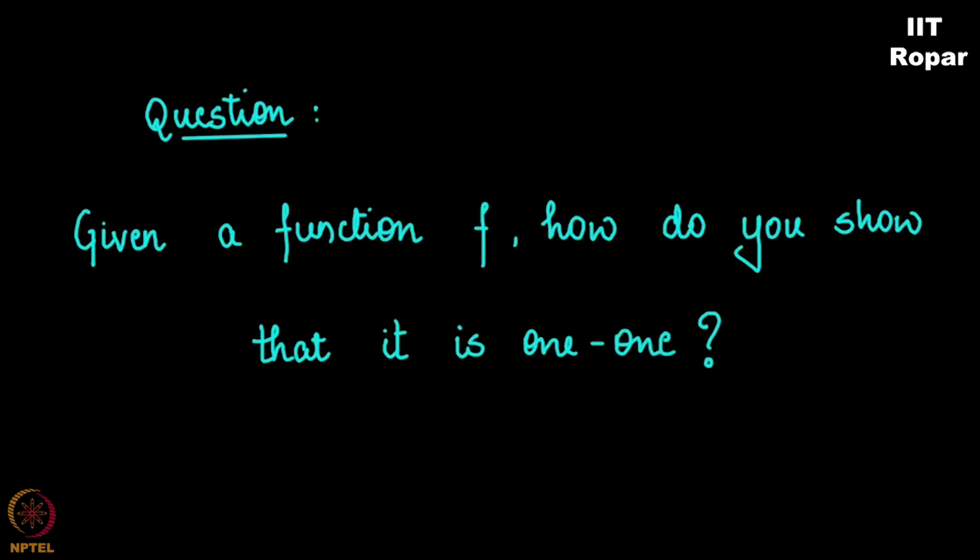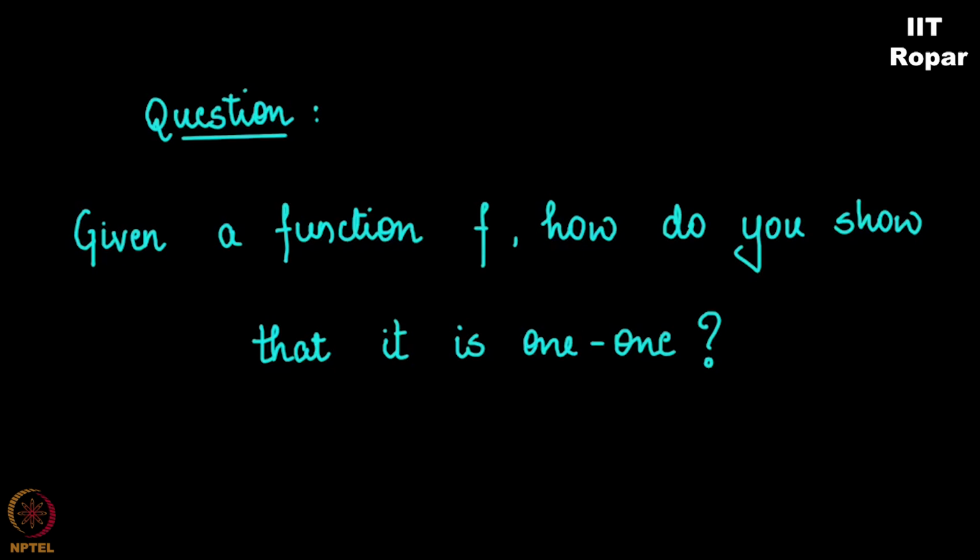You just look at the pictorial representation of a function. You see that, as I have told you, a function is all about someone shooting from the domain onto something in the codomain. You ensure that no two elements of the domain go to the same element in the codomain. If this happens, we are done. We can call the function 1-1.